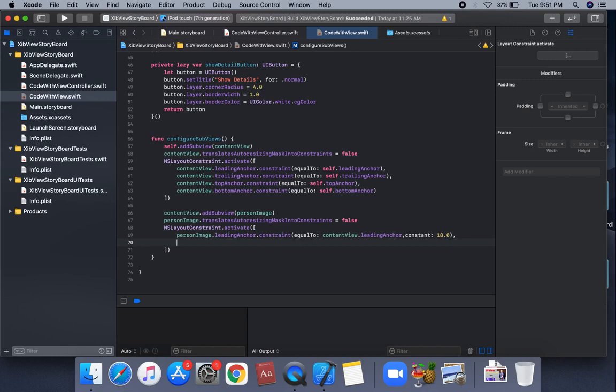The width and height anchor. We're going to apply the height and width anchor on this image.